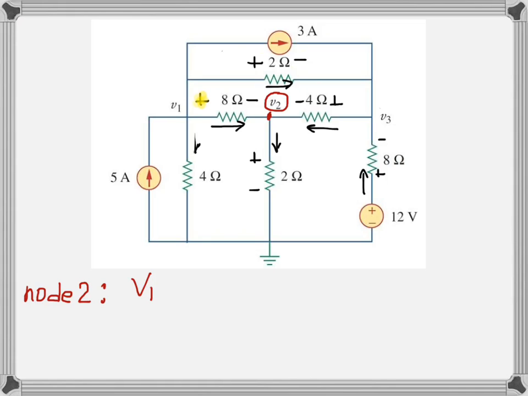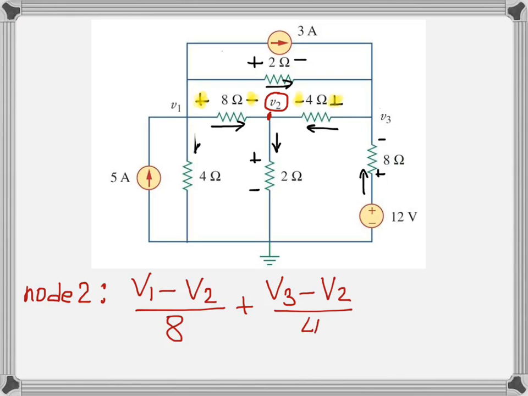Again, voltage at plus is V1 minus voltage at minus is V2 over 8. The second current coming to the node is through the 4 ohm resistor. Because it's coming in, it is positive, and that will be voltage at plus V3 minus voltage at minus V2 over 4. The current through the 2 ohm resistor is going out, so it is negative, and that will be V2 minus